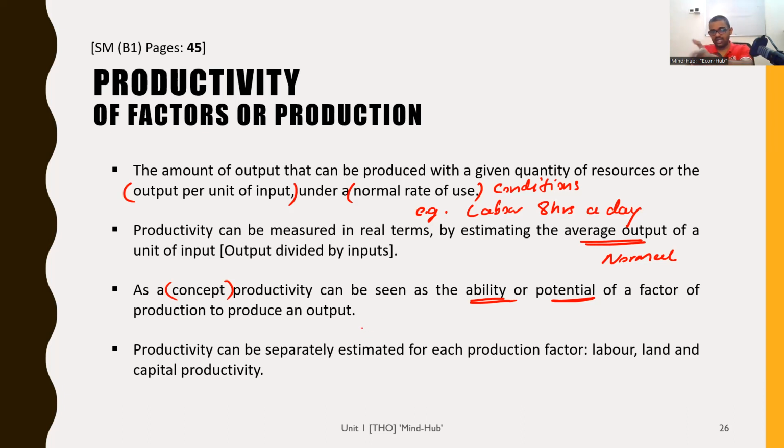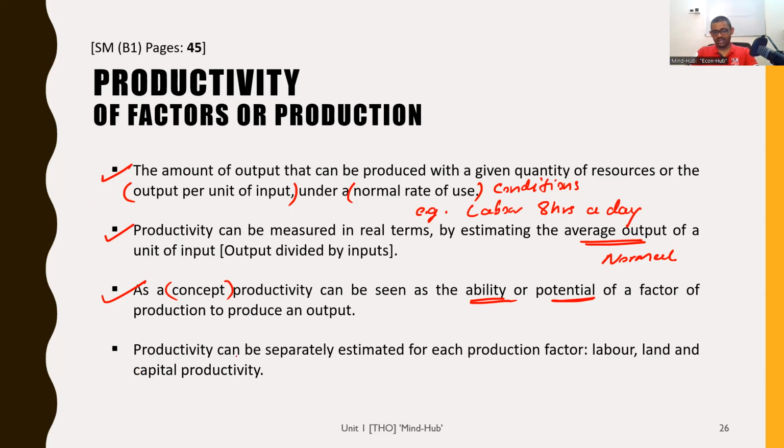If a person works 8 hours a day, there's a certain output that person can produce. That is that labor unit's productivity. Per hour, we can give it. Land, if you take an acre of land and farm or grow something on that acre, then there's an output we can get. That is called productivity of land. Finally, so we are clear on this, I think. You will ask me if you're not.